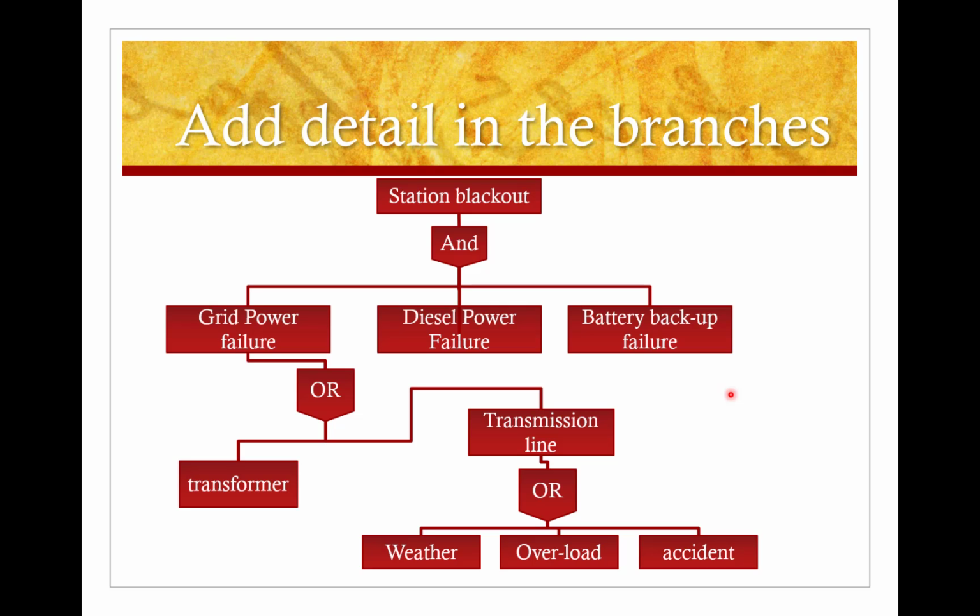But we can always add detail. We talked about the station blackout branch of the tree, and that could only occur if we lost grid, diesel, and battery backups. But if we look at grid power failure, we could lose transformers that connect us to the grid, or we can lose transmission lines. And how might we lose transmission lines? Well, we could lose the transmission lines through a weather-related event, an overload event, which would cause melting, or an accident that actually knocked a tower down and brought transmission lines down with it. There are lots of things that can happen to bring down the transmission line. And so you drill down from station blackout to one of the basic events,